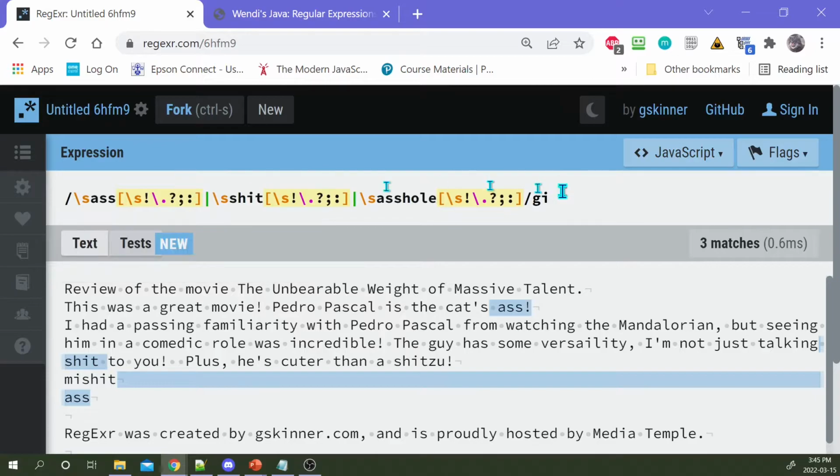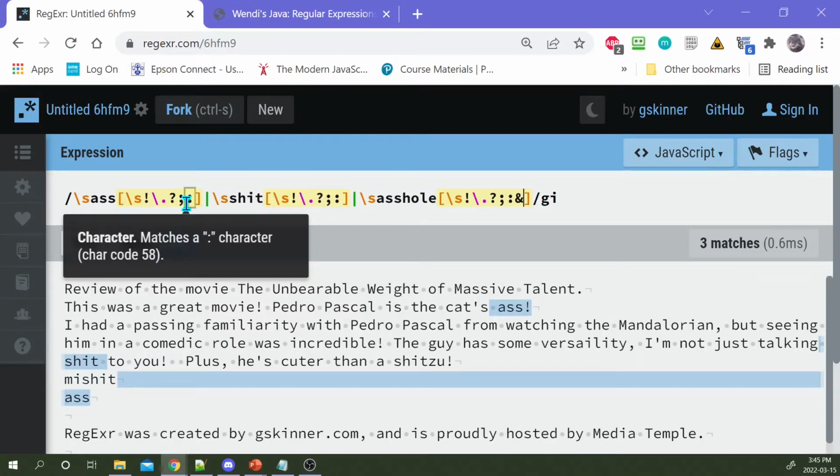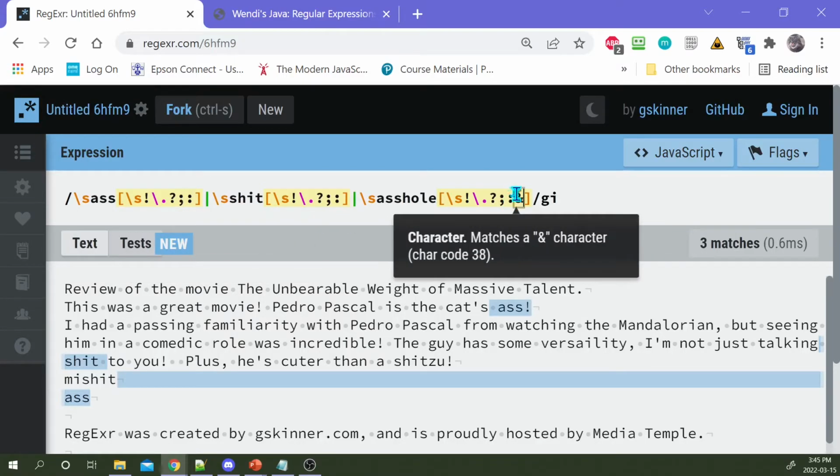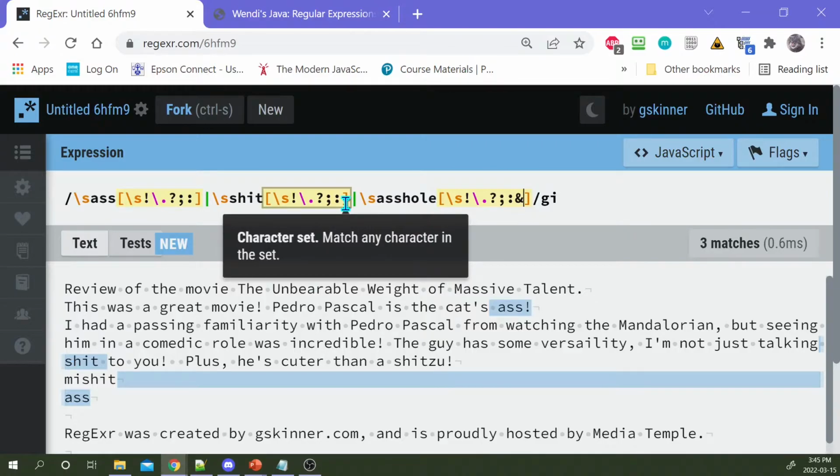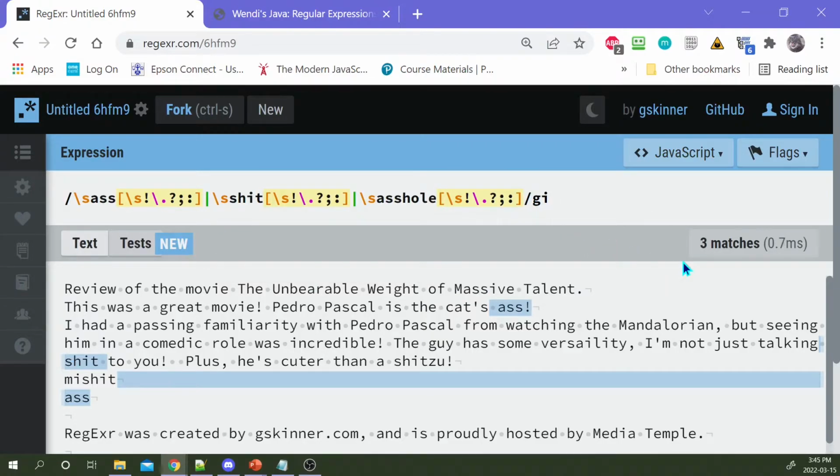And here's another issue. If you thought of a punctuation mark I didn't include, like, I don't know, the and symbol, like this guy, now you've got to add that in each one of these. And if you had 10 or 20 swear words, you'd have to add that ampersand in every single one of these blocks, these little sets of characters. That's tedious. We don't want to do that. So that's why using the capture group